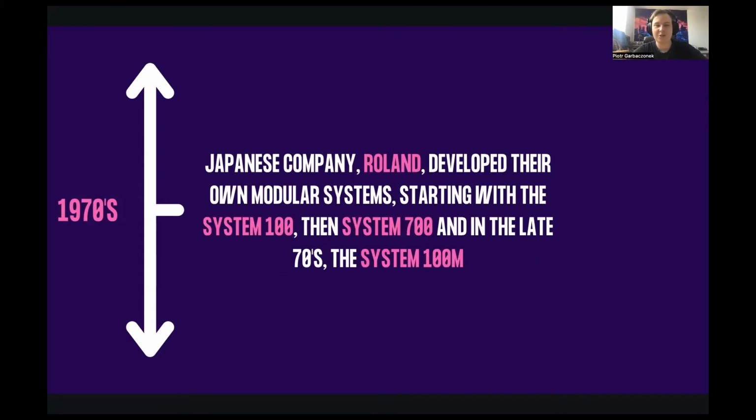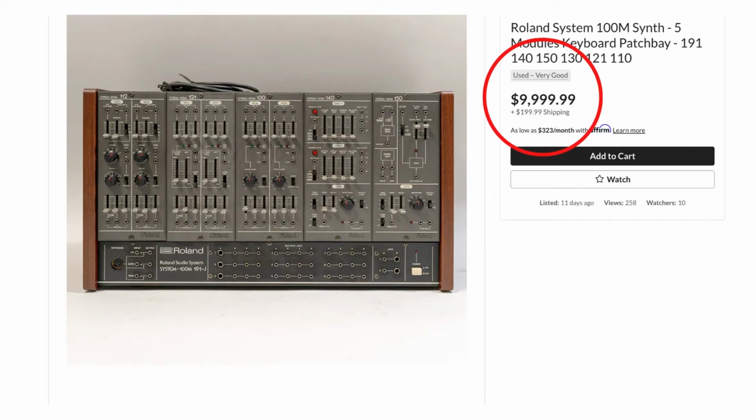In the 1970s, the Japanese company Roland developed their own modular systems, starting with the System 100 to 700, and in the late 70s, the System 100M. They are very difficult to come by these days, and if you can, they're very, very expensive. But they have a very signature sound. So maybe one day,